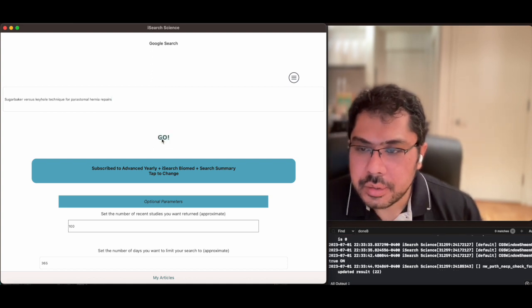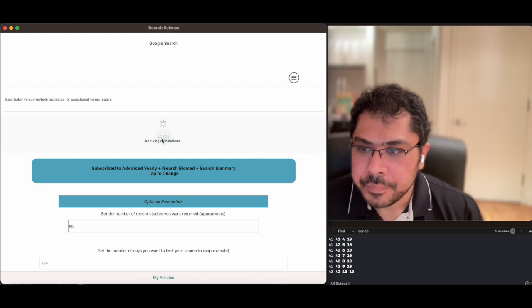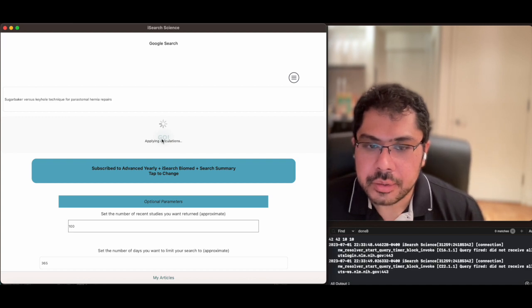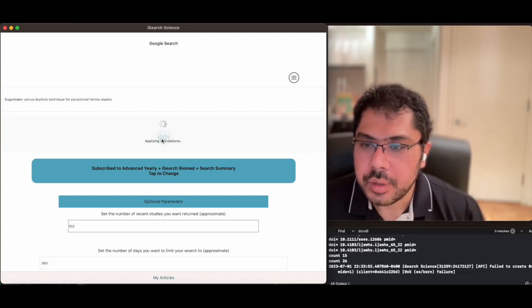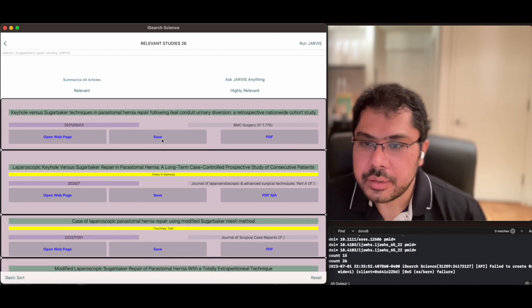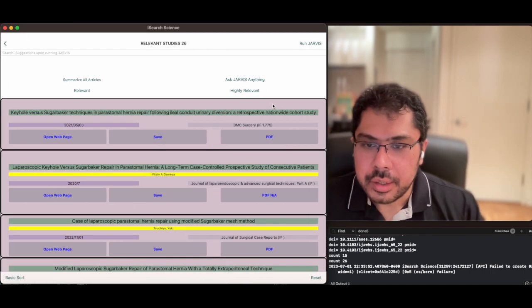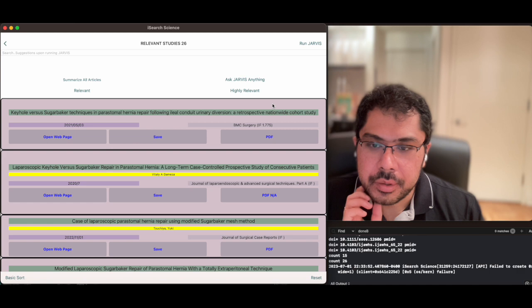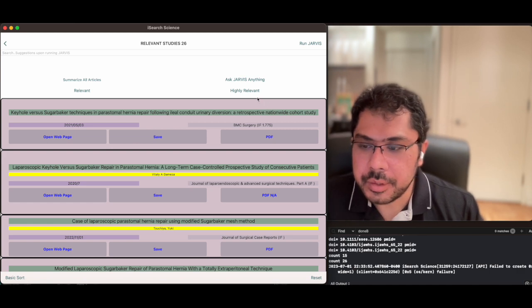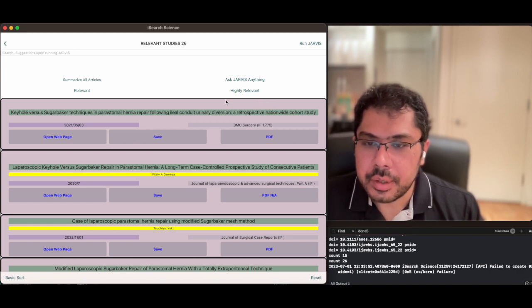I chose this set of search terms particularly because this search was recently shown in a journal to have produced interesting results with ChatGPT. The AI actually ended up confabulating the results and produced a list of studies that actually